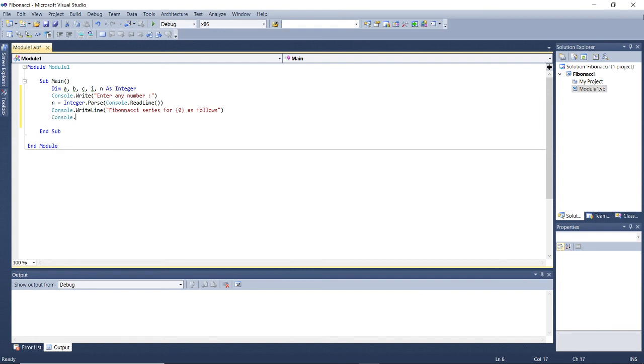Then Console.Write. You have to display the first two numbers, that is 0 and 1. That's why I am using this statement.